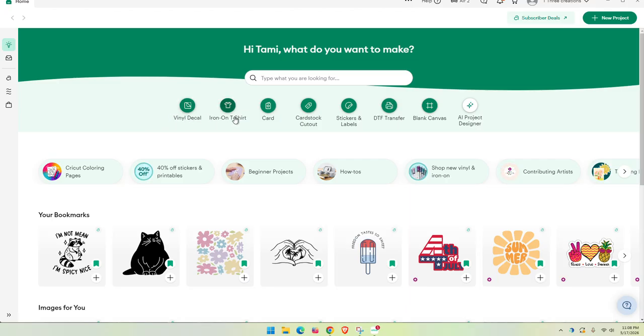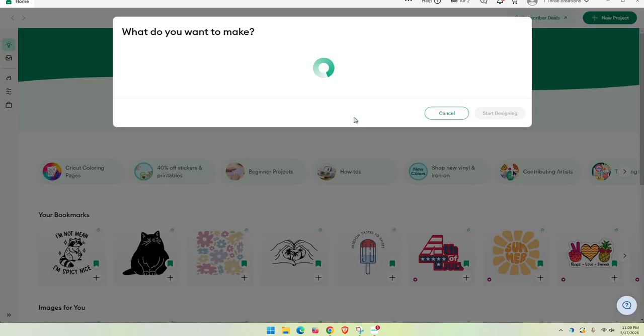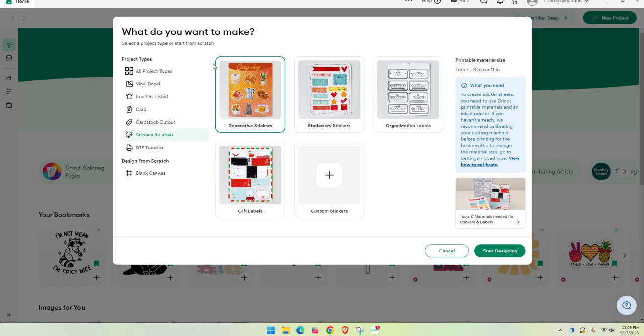Honestly, I guess these are all good. They have just been added recently. What that does is, let's say for an example, you want to do stickers and labels. It will give you, do you want to do decorative stickers, stationery, organization, gifts, or do you want to customize your sticker? What that will do is when you click on one of these,